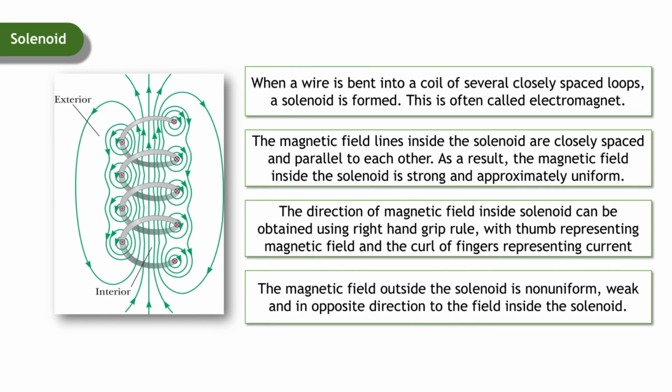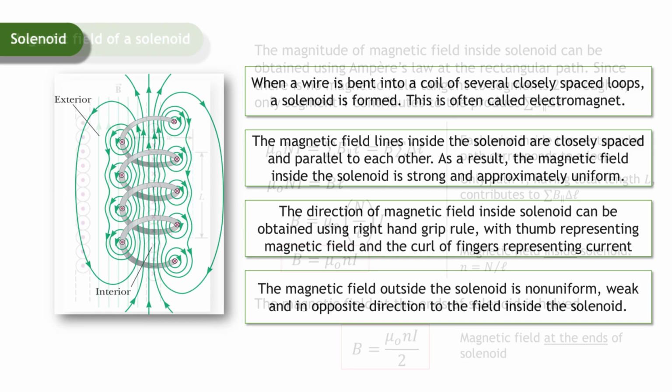When a wire is bent into a coil of several closely spaced loops, it forms what we call a solenoid, often referred to as an electromagnet. Inside the solenoid, the magnetic field lines are parallel and closely spaced, resulting in a field that is strong and approximately uniform. Conversely, the field outside is non-uniform, weak, and directed opposite to the interior field. To determine the field's direction inside, use the right-hand grip rule. Point your thumb in the direction of the magnetic field, while your curled fingers follow the direction of the current